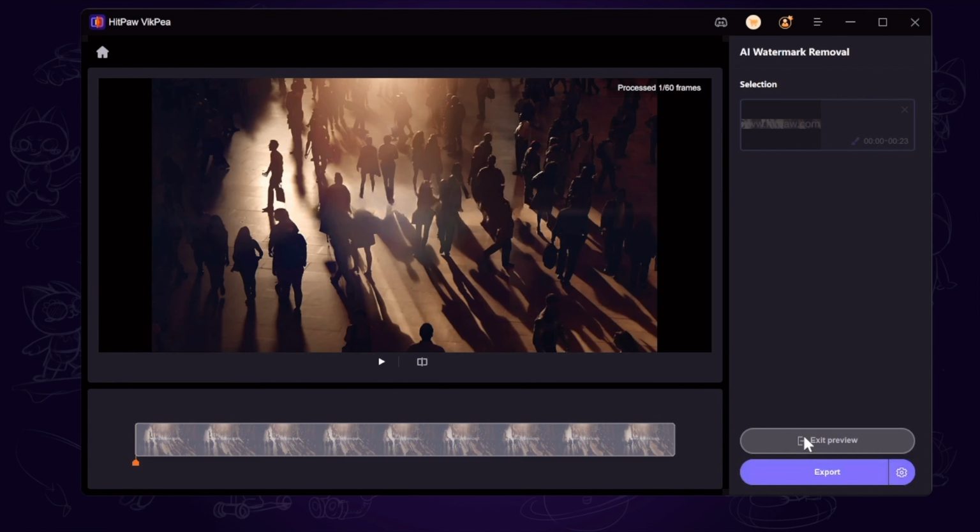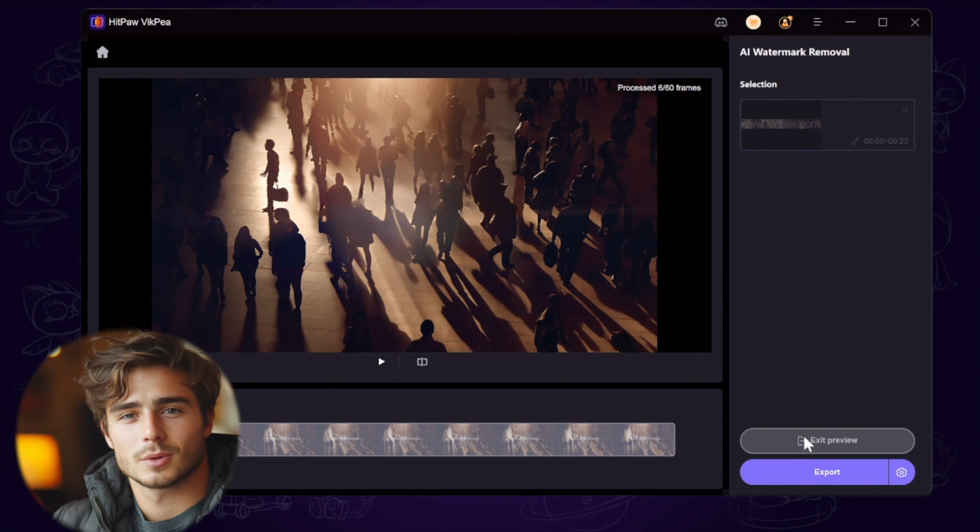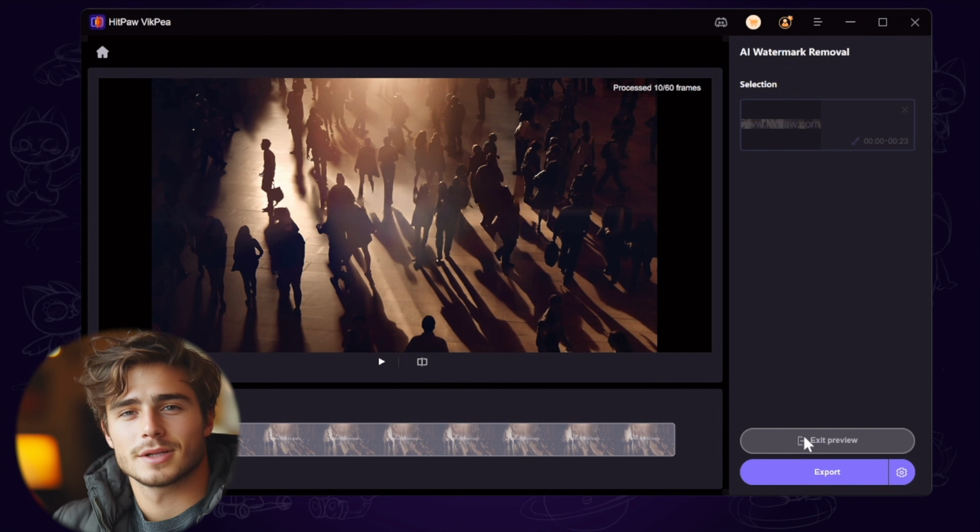Download and launch it. We go to the toolbox and find the watermark removal and import the same video with watermark. And then you can see there is a frame. We adjust the frame to cover the watermark area